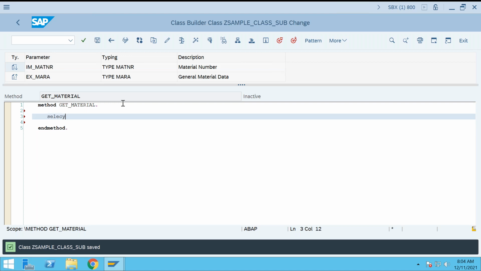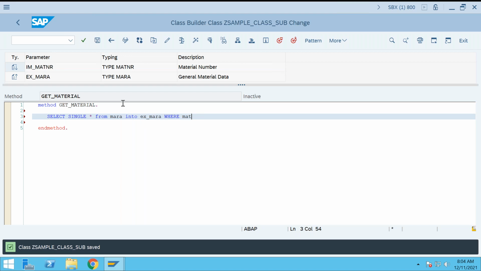Same query, just the table will be changed. Select single star from MARA into EX_MARA,